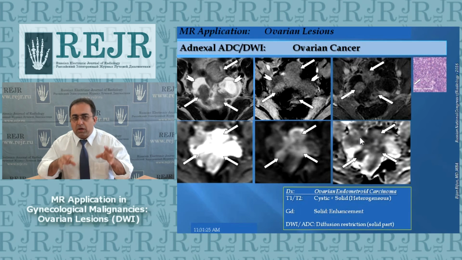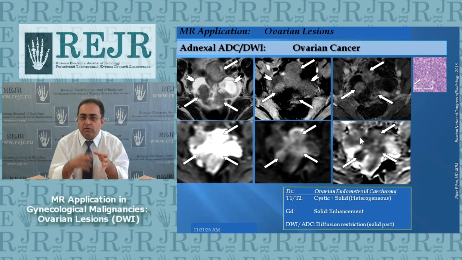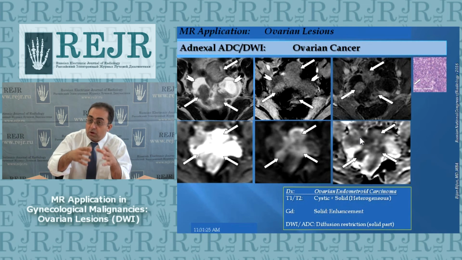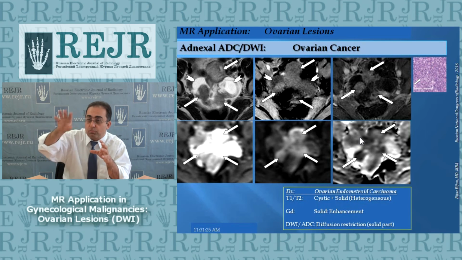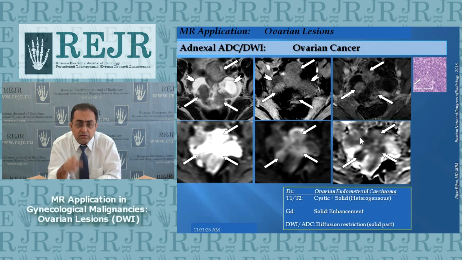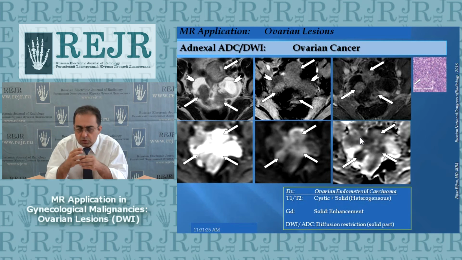are different cell lines. Tumor is not a stable cell. They don't have a stable cell line. You're going to have mutations along the way, just because the nucleus is not very stable. So in one tumor, you're going to have high grade, intermediate, and low grade components. And that is important when you look at the ADC and DWI, and also when you give a treatment, because not all the different cell lines in a single tumor are going to respond the same to radiation or